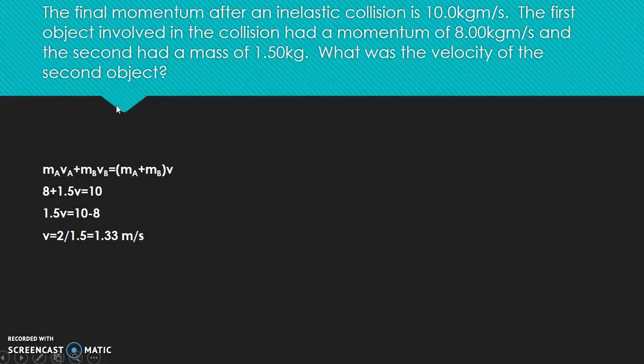So the first thing that you're going to do is plug in what you know in the formula down here. So we have an object A and an object B, and since it's inelastic, we know that afterwards they're going to stick together, so this is why we're using this formula. And it says the first object had a momentum of 8.0 kilogram meters per second. So we have 8 in here plus 1.5 times the velocity equals 10,